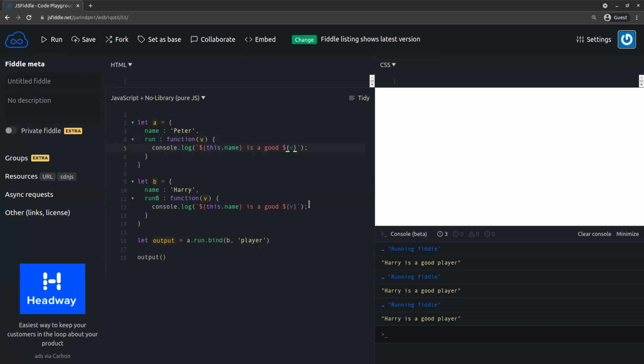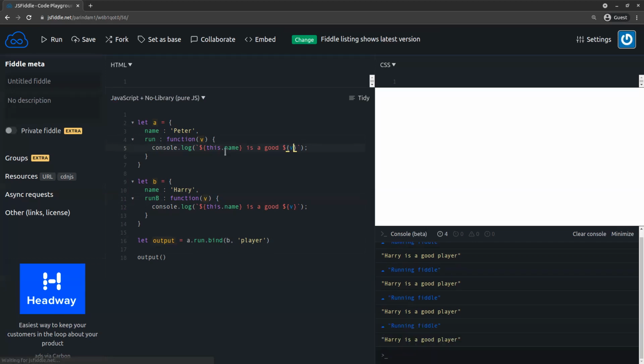The bind method creates a new function which, when invoked, has this set to a provided value. It also allows an object to borrow a method from another object without making a copy of that method. This is known as function borrowing in JavaScript.